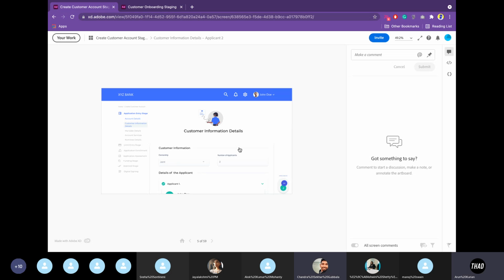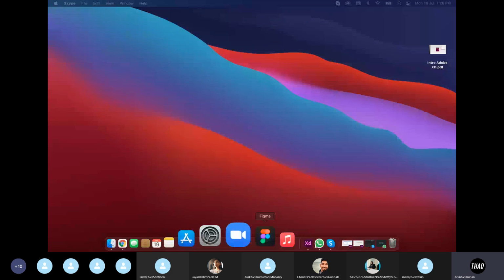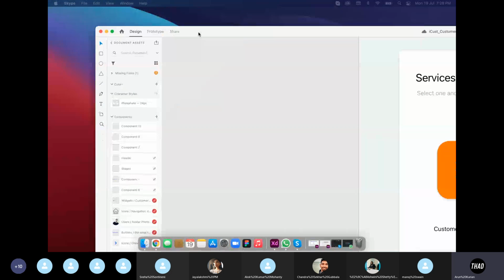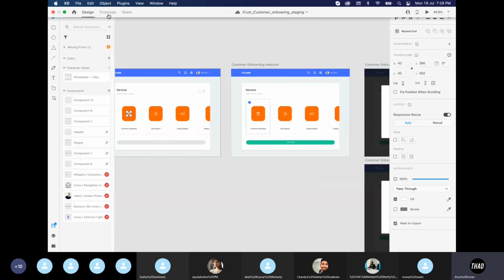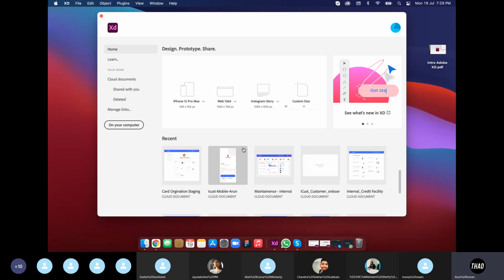So if we want to create such kind of prototypes, how do we do that? You have to navigate to the tool itself, and from there, you will be able to create a prototype. So I'll show you now. Here, you have these three options. I don't know whether you guys have access to this tool or not, but if you get access, when you open this particular tool, this is how it will look initially.